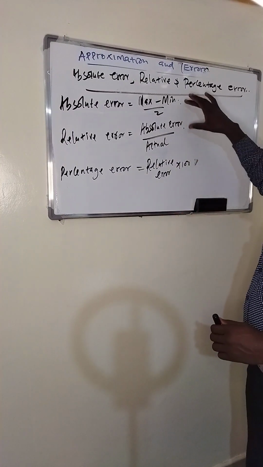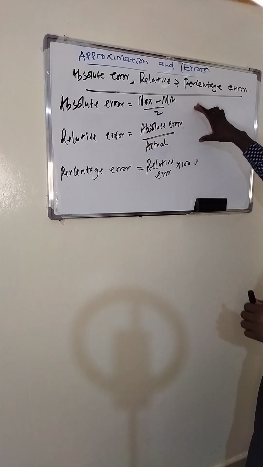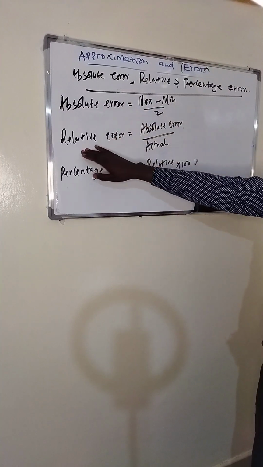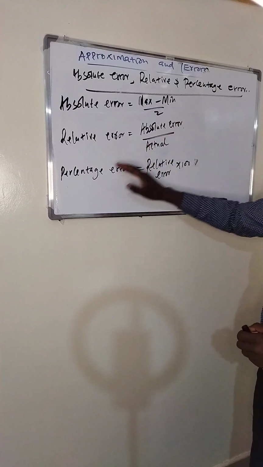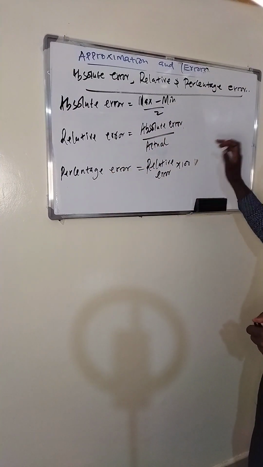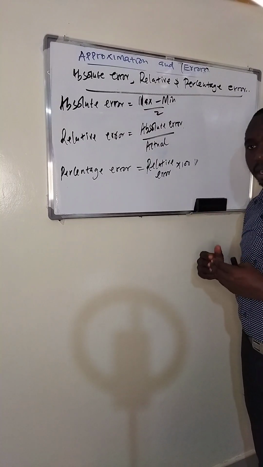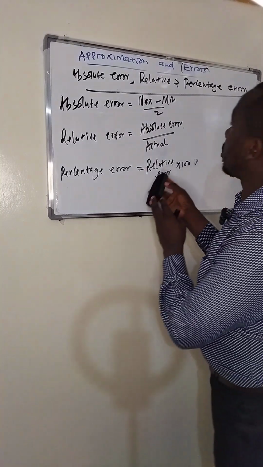But these are formulas that you must remember, or rather relationships. Absolute: maximum minus minimum divided by 2; relative: absolute divided by the actual; percentage: relative times 100. And now the next part, which is now the climax of approximation and errors, which is